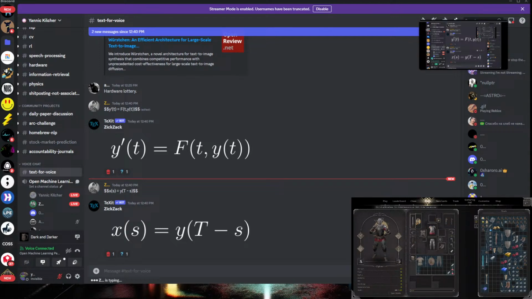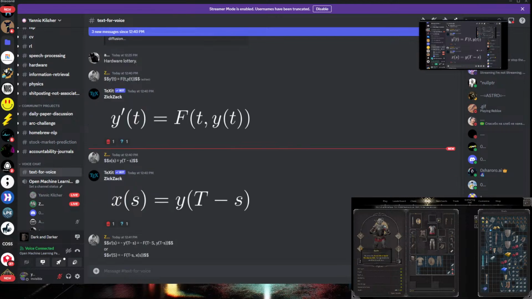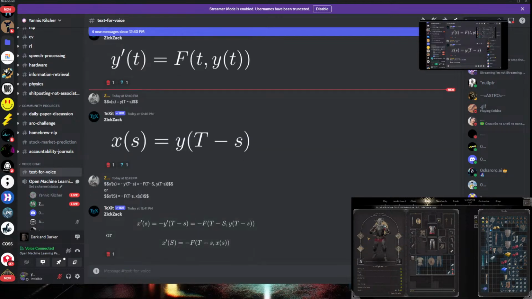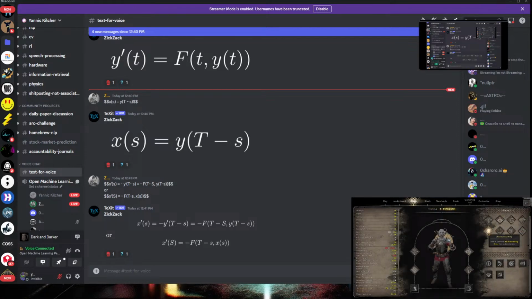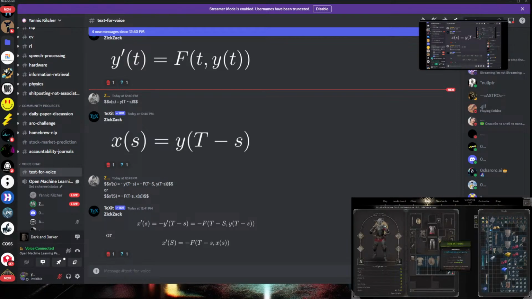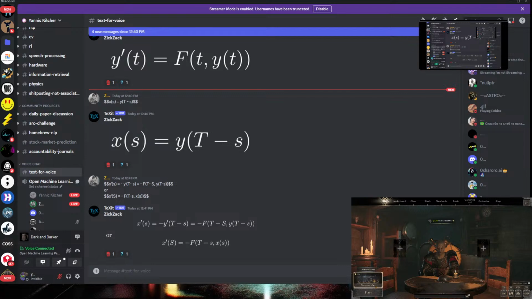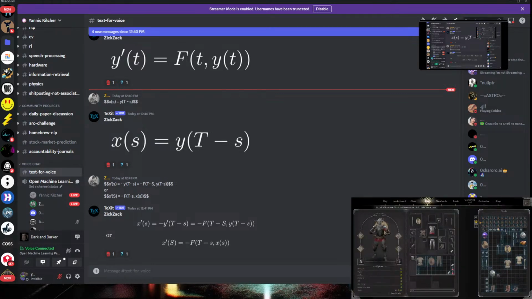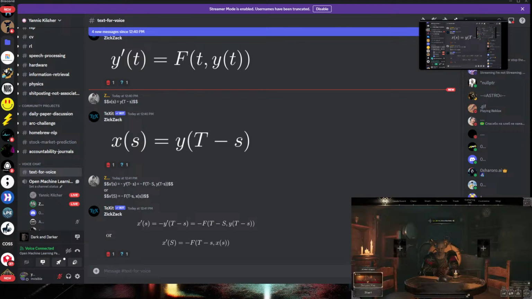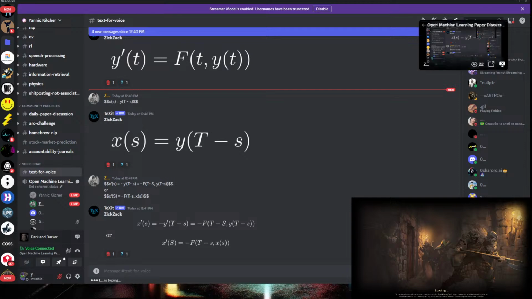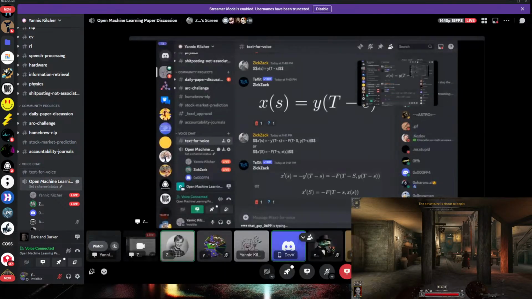T minus s. So that's something like this. There might be an error in there, but I think it's correct. Effectively, what you've learned is this capital F. This is the forward process. And if you want to go for the backward process, this x process, you have to look for x'(s), and effectively you just invert the gradient flow. Of course, instead of counting up in time, count down in time, but that's to be expected. So instead of having an ODE,